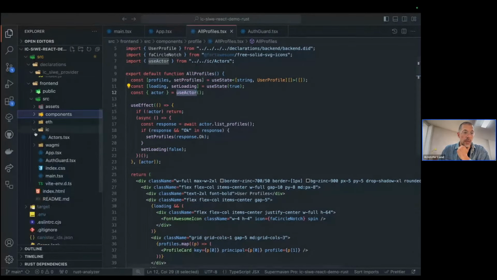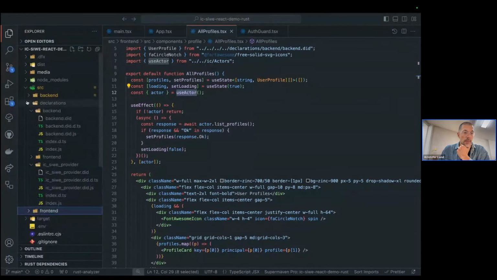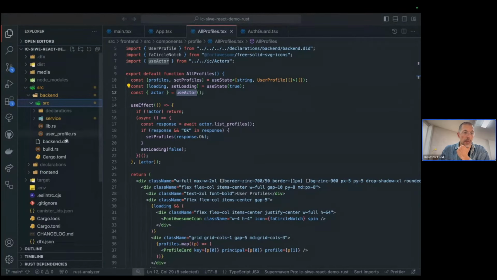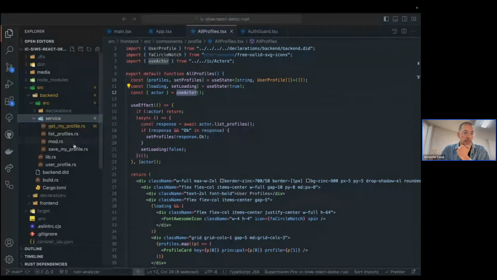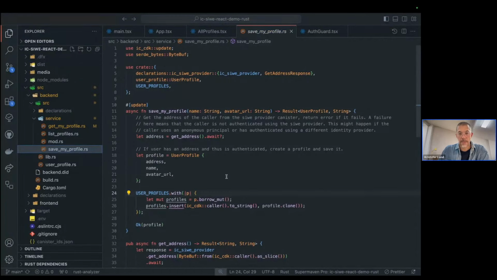And now let's quickly have a look at how the backend works. This simple demo backend defines three endpoints only: get my profile, list profiles, and save my profile. Once we have logged in, save my profile is the first thing we interact with. We supply it with the name and this avatar URL, and then we want to save this information in the backend